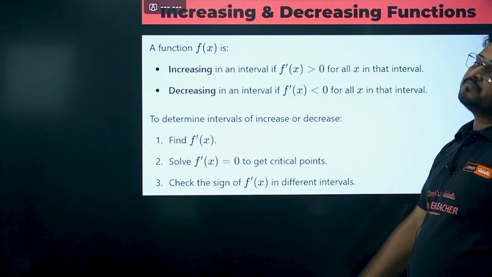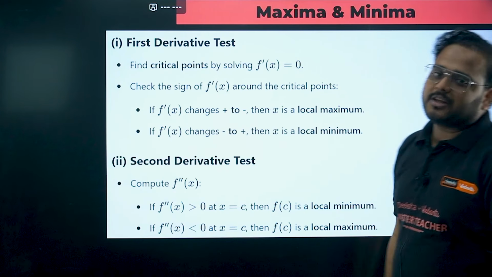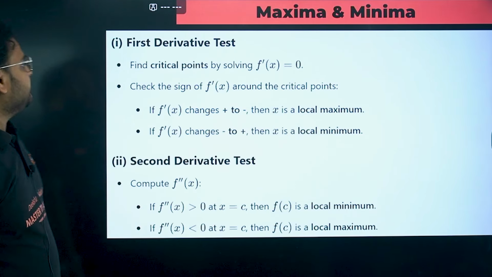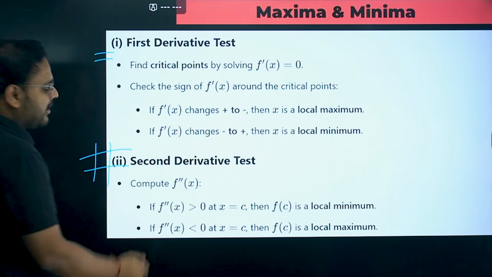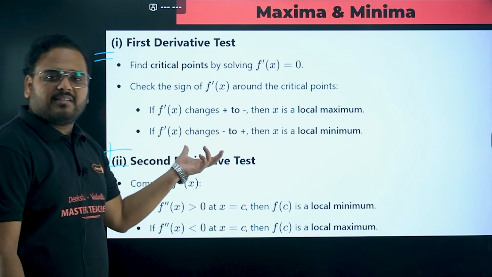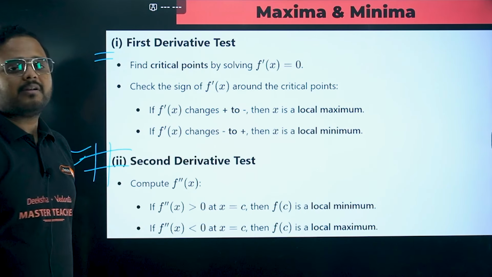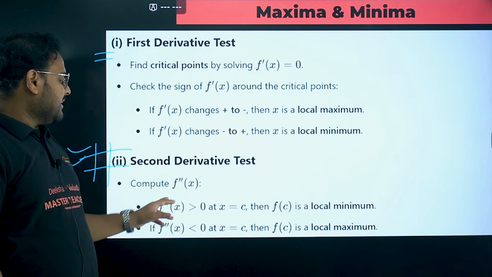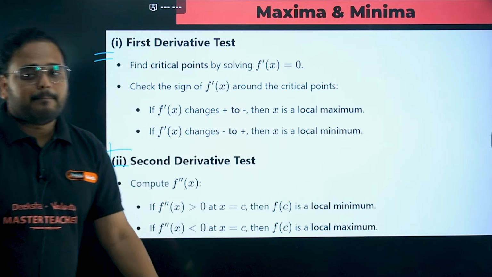Derivative less than 0 means decreasing, more than 0 means increasing. Figure out the interval as well. Find the critical point by putting the derivative equal to 0. You all know that, right? I have taught you all of that. Don't use this right now, try to use this, it will be more helpful and faster. Work on the second derivative test. This is there in the syllabus also, but usually the second derivative test gets the job done and it's quicker, and the chance of making a mistake is less. So use that. Second derivative more than 0 means local minima. Less than 0 means local maxima.